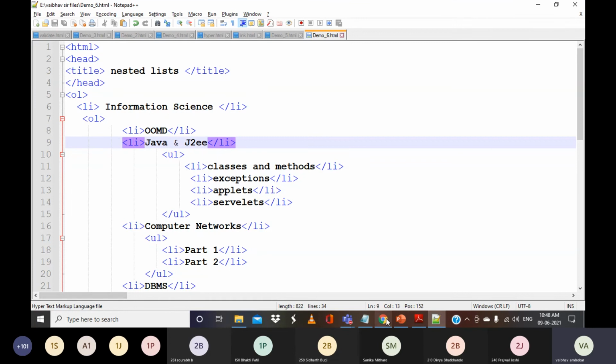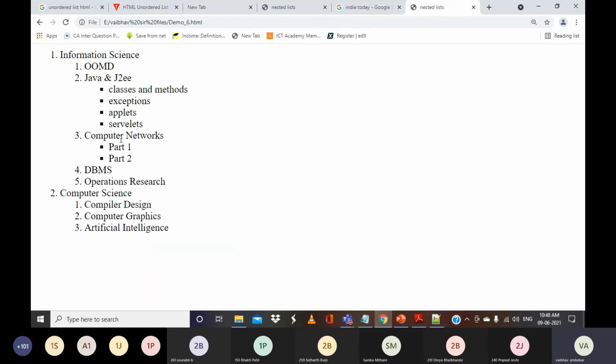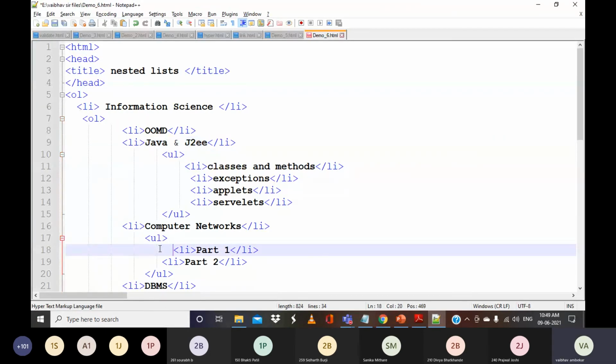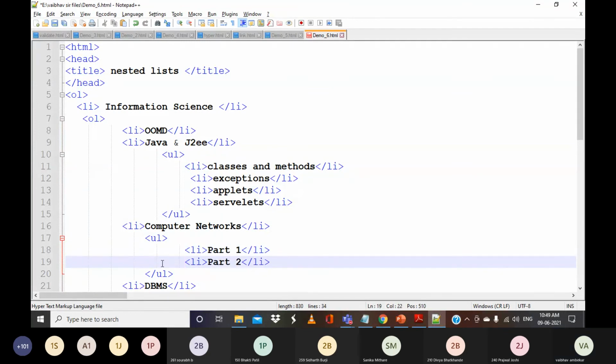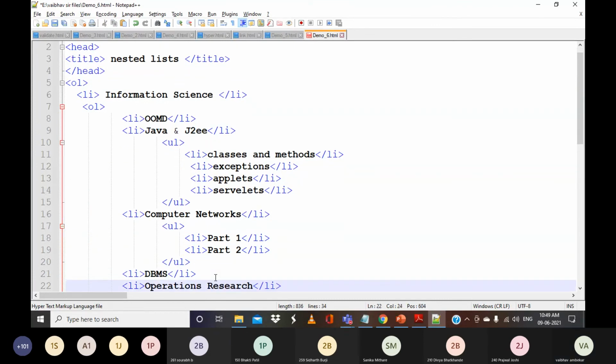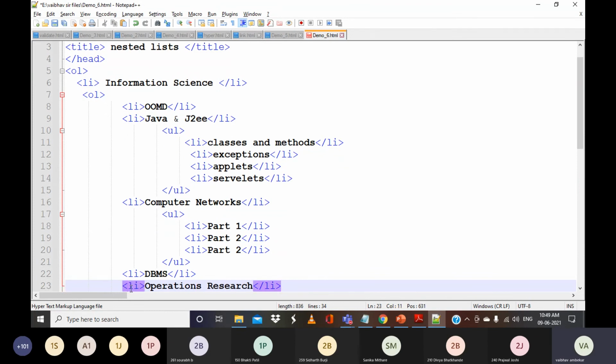Again, in computer networks, I have another two unordered list elements. So I will create another UL, and in that I will put these values. If you have proper indentation, it will be easy for you to understand. And then I will finish with DBMS and operation research.